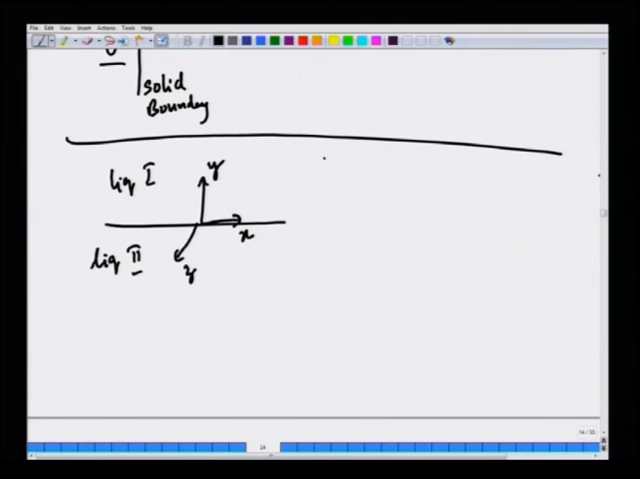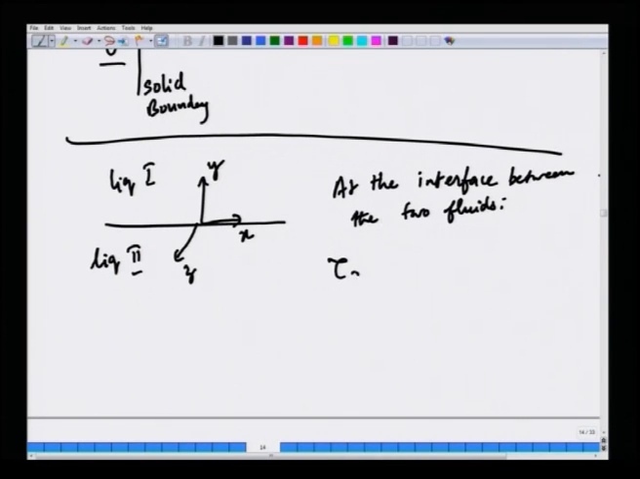Then the conditions are that the stress must be continuous at the interface, this is at the interface between the two fluids. Tau x y in fluid 1 is equal to tau x y in fluid 2. Then the normal component of the stress is also continuous. Tau y y in fluid 1 is also equal to tau y y in fluid 2, and in order to